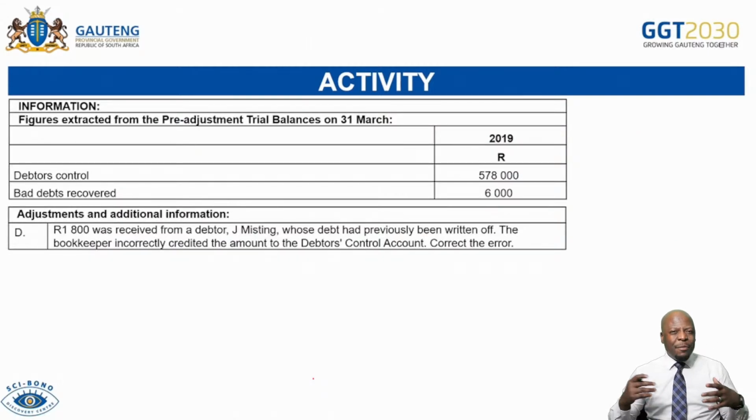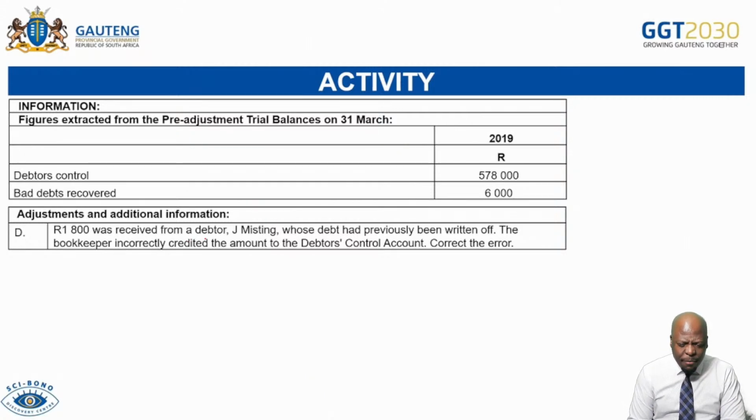Adjustment D. What have you seen so far? I did adjustment A. I went to B. I went to C. Now I am on D. You can see that adjustment A had an effect on adjustment C. So if you jump all these stages, you are going to have problems. All right. So you need to do adjustments in the right order. We good? All right. It reads